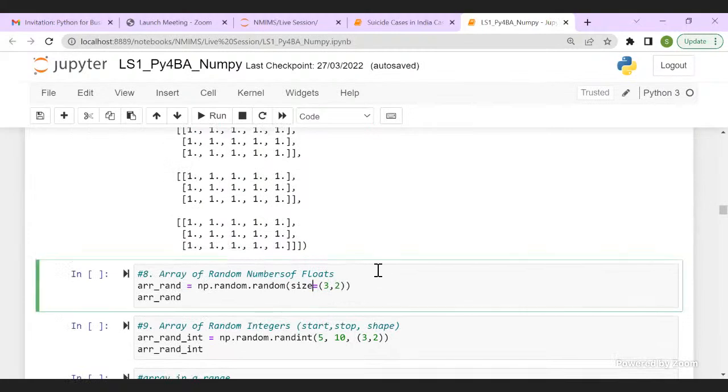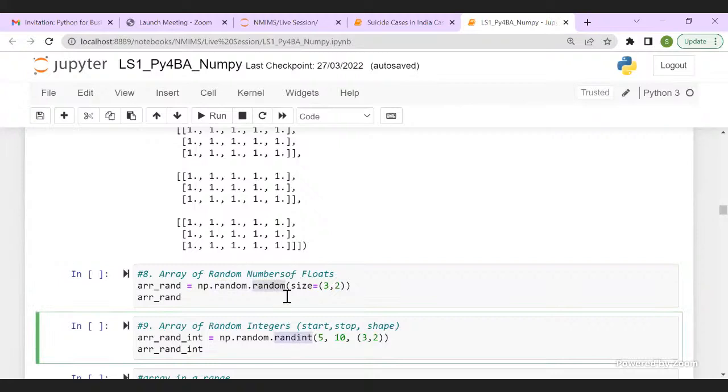Next is what if I want to create random numbers. If I want to generate certain random numbers for my analysis or for any other purpose in my case study, in Numpy I have another module called random. In this, I have two functions: one is random and one is randint.